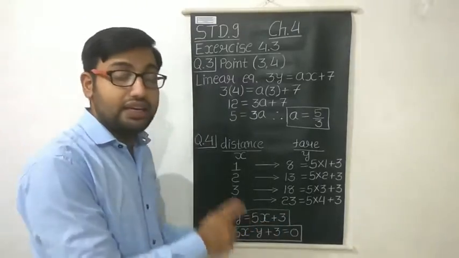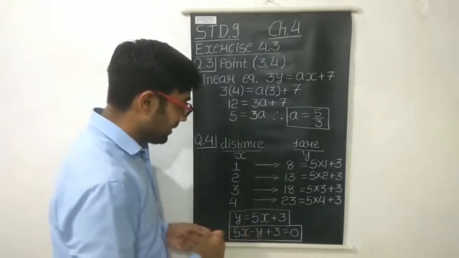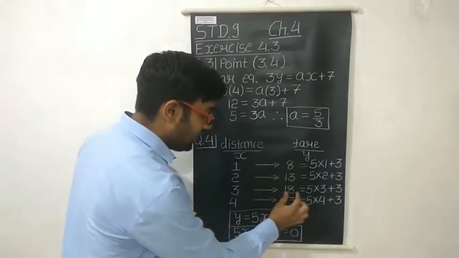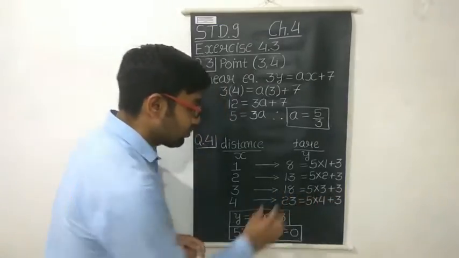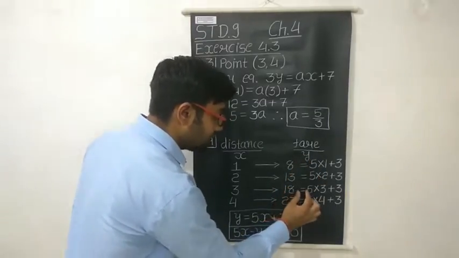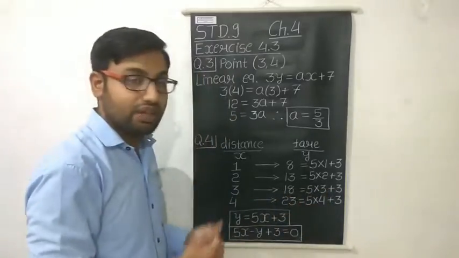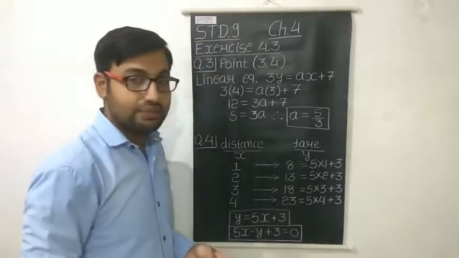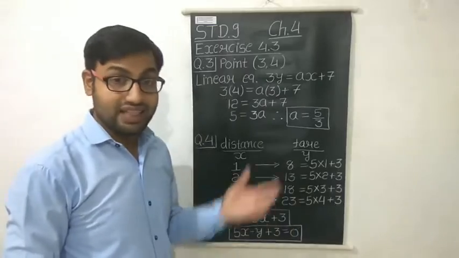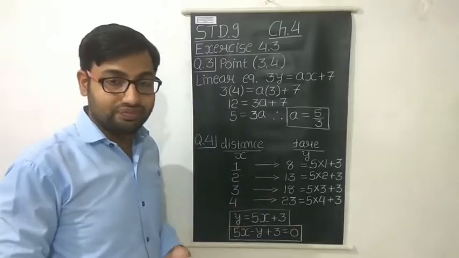And that will become a linear equation in two variables. Get the point? Okay, let us understand by taking one more example. 3, here we have 18. How can we write it down? 18 is equal to 5 into 3 plus 3. So for this case, the value of y is 18. So here we can write y is equal to 5 times the value of x plus 3. Again, y is equal to 5x plus 3. So this equation is possible for all these values. And that is why it is a linear equation for the situation we have given in the question.